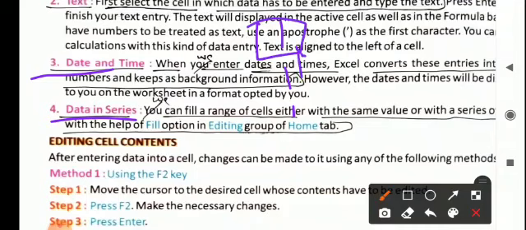But suppose you have written 1, 2. If you want natural numbers 1, 2, 3, 4 and so on, or roll numbers, you have to make at least the first 2 entries. Based on this, the next number will be generated. That is, there is a skip of 1 in this number, so the next numbers will be 3, 4 and so on.